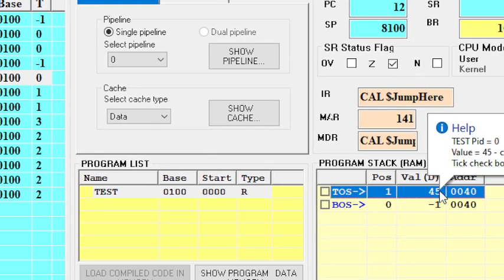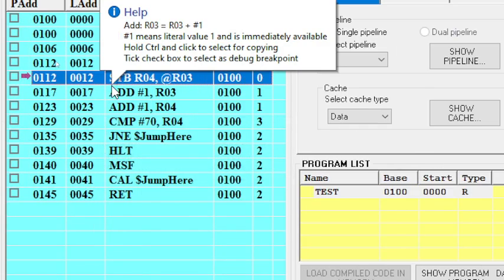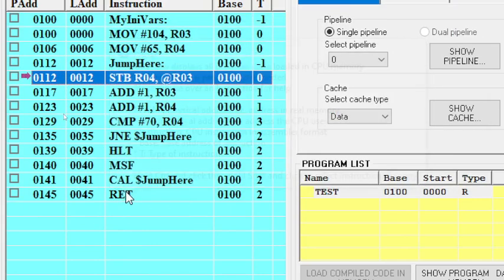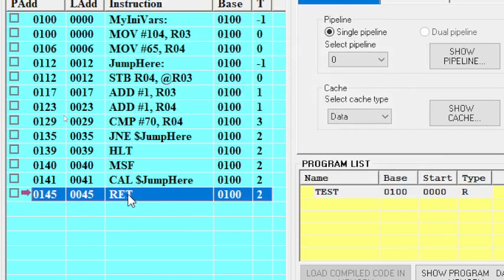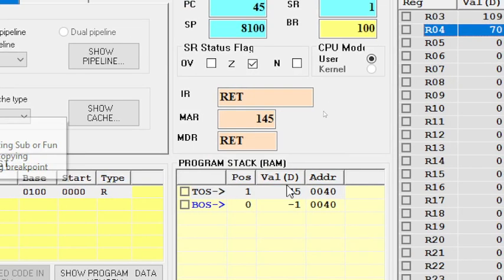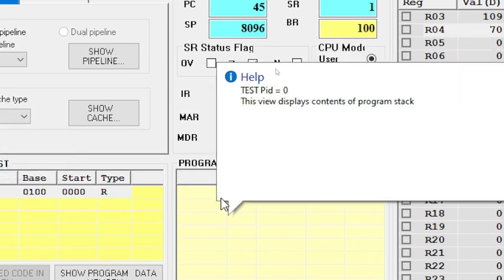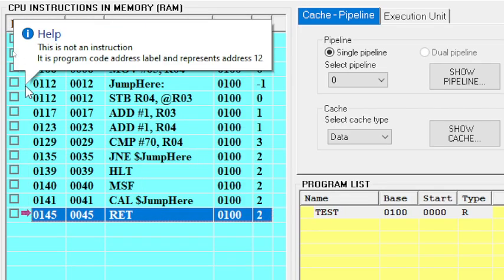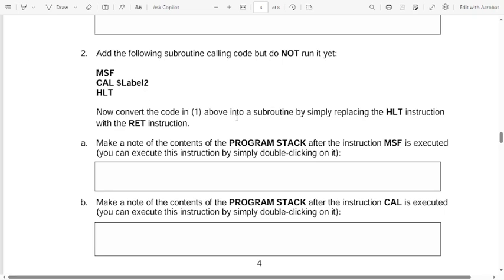Okay, that's why when it is running and running, and it will run to the ret, return to this function, and it will clear the stack. Okay, so that's what's happening. Make a note of the content of the program stack after instruction MSF.